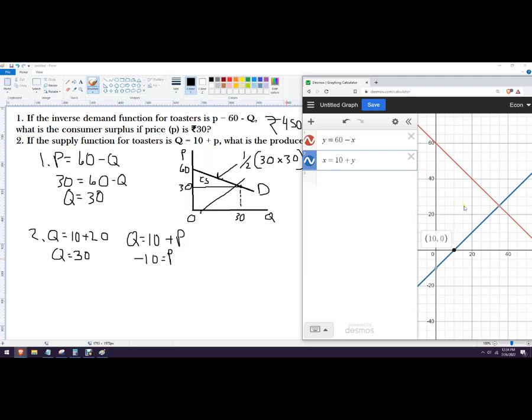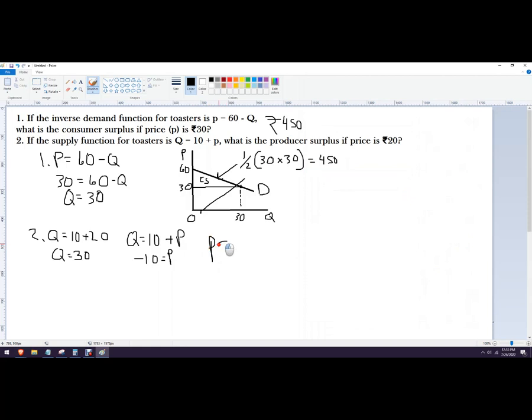So it'd be, oh, but we're only going to 20. So it'd be from here to here. To make your graph a little bit easier, you could say y equals 20, and then you've got this point right here. So this is how many units? So we're going to go, the triangle here is 20. So it's producer surplus,